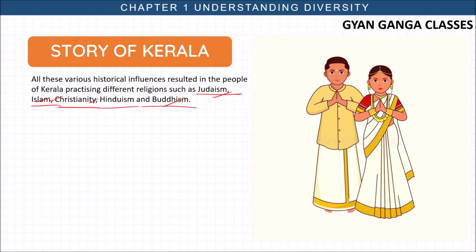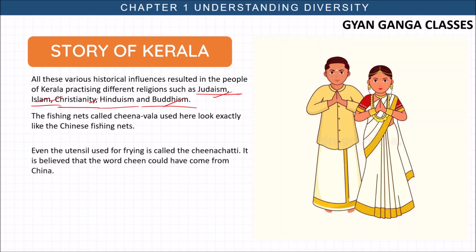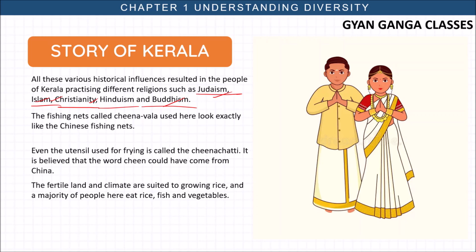The fishing nets were called chinawala and would look just like the Chinese fishing nets, and even the utensils that they were using for frying were called china chatti. It was believed that this word Chin came from China, the country. Might be true. So the fertile land and climate are suitable to grow rice, and a majority of people eat